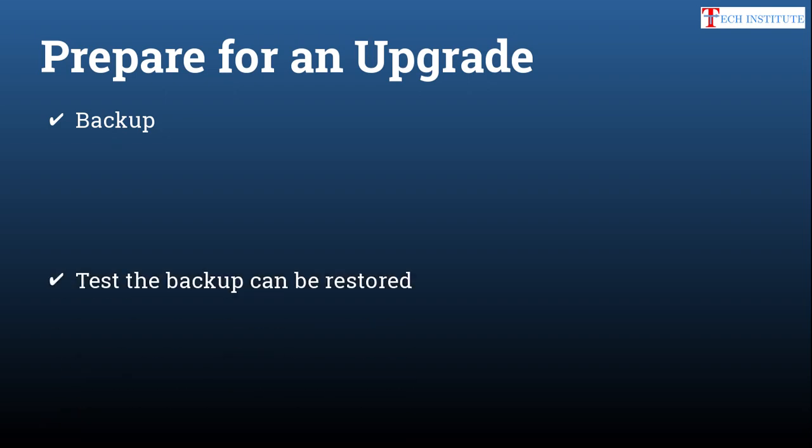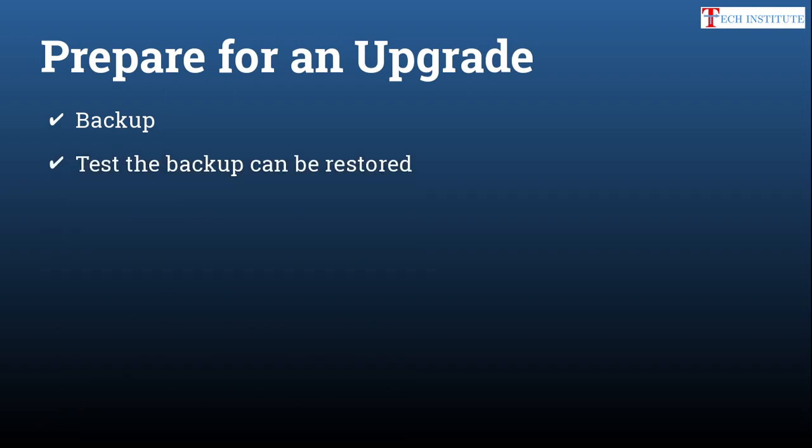Before you do the upgrade, you have to take care of a few things, like backup. Take a backup, that is a failback mechanism. If you have failures, you can restore from the backup. If you are using virtual machines, take a snapshot, and if you face issues, you can roll back using the snapshot. And always test the backup and be sure that you can restore from it. It's not enough just to take a backup and leave it, because during a crisis you may see that the backup is not sufficient to restore. So always test your backup and see whether you can restore from it.